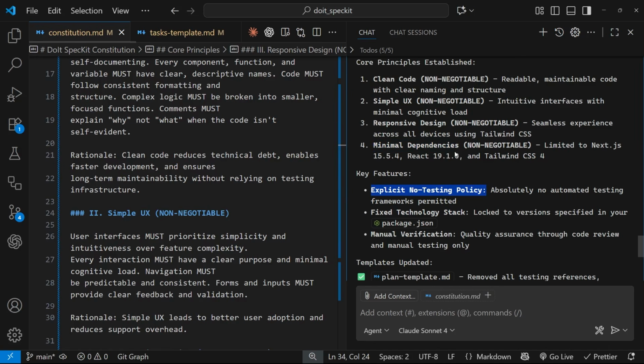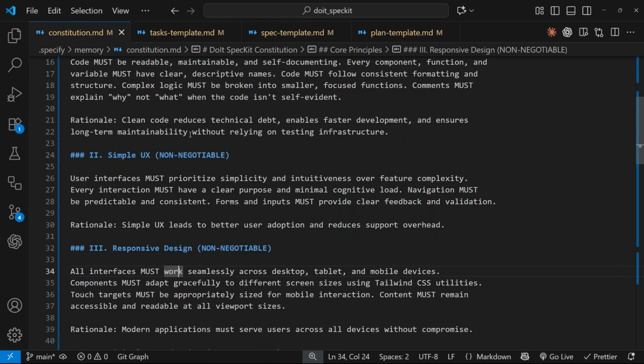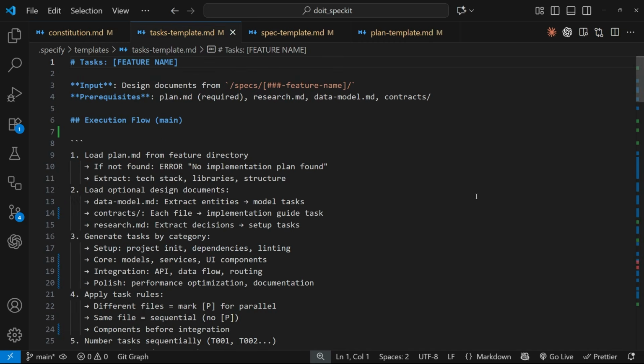policy, so much so that it's gone to update other files as well. So if we click off this, you can see not only did we update the constitution file, but we also updated 3 other template files right here. And prior to running this command, these template files had in them information about testing the different features that we